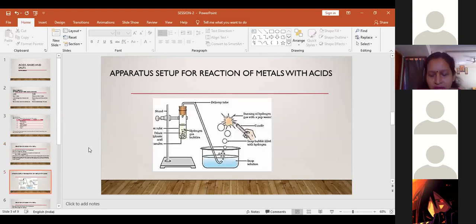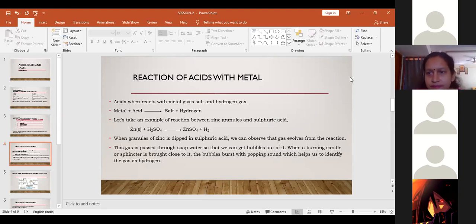Ma'am, why does it pop? Why does it give a popping sound? It is bursting. Whenever a balloon bursts, whenever any kind of bubble bursts, it gives a certain popping sound. Like if a lot of foam is there, and if you bring your fingers very close to it, you get a certain popping sound, but that sound is very feeble. The only reason to bring a burning splinter is so that the sound is a little audible and the gas can be identified.